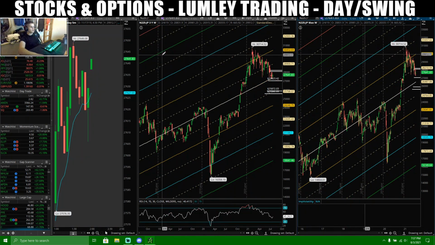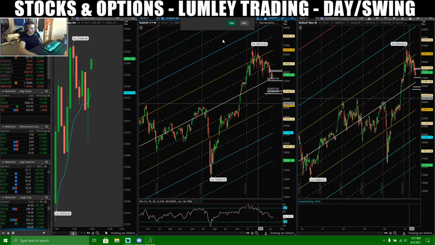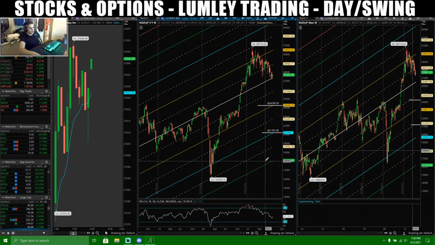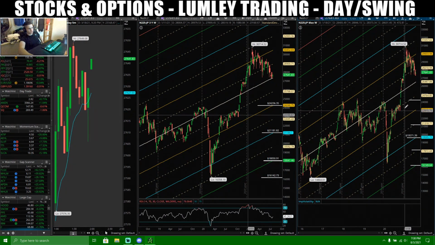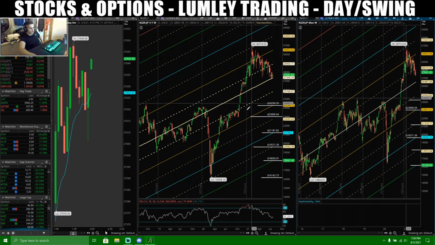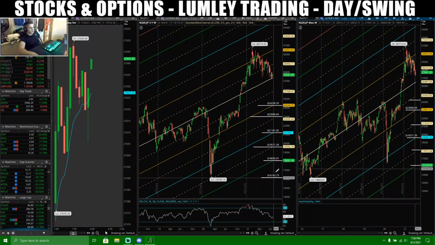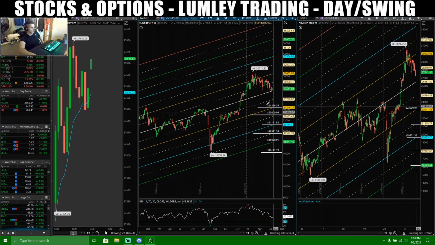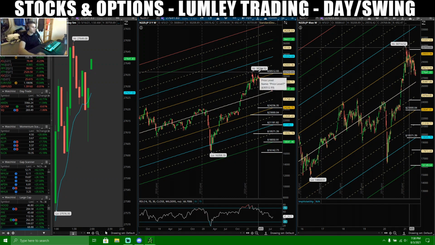Now let's go over Japan. The 225 again, key levels to look to buy, low risk areas. You can see them all on the screen now. Anywhere from 24,000 all the way down to 16,000, each of these areas are considered low risk bounce areas. And again, if you're looking to maybe lock in some profits or short,